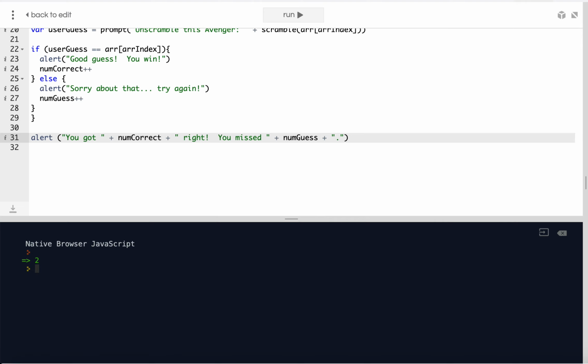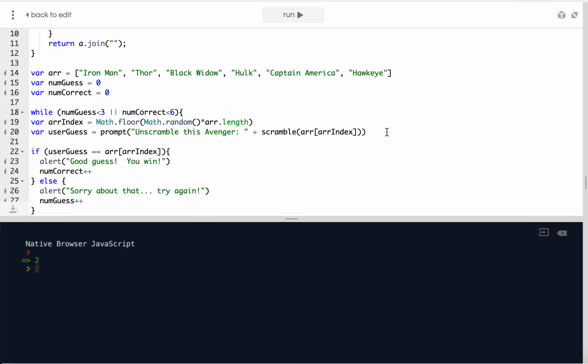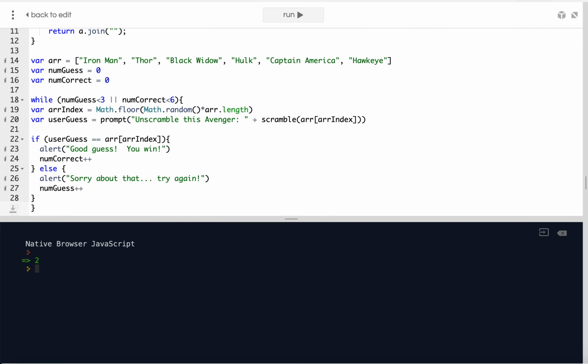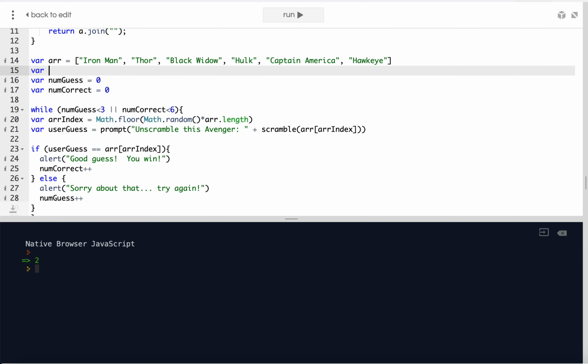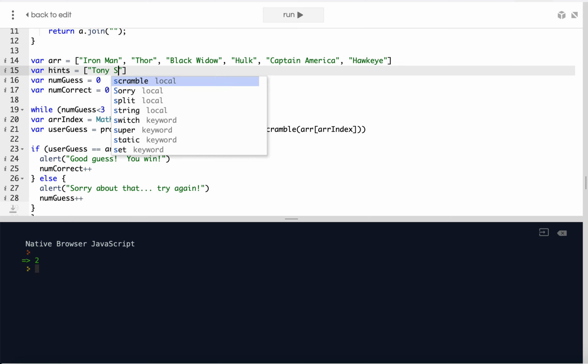The third level is a little bit harder. This is the level where you give hints if the player gets the word wrong. And so you'll need to keep track of whether the player's gotten it right or wrong. You could set up a second array that could contain hints, right? So you could do var hints equals, and then at the indexes of each of the items here, you could put like Tony Stark,